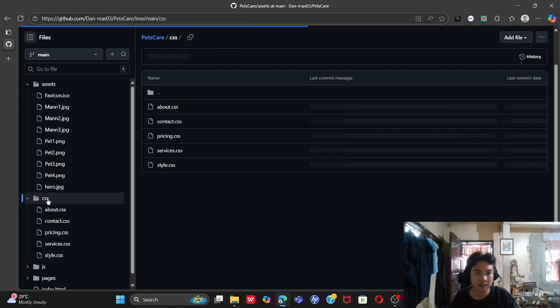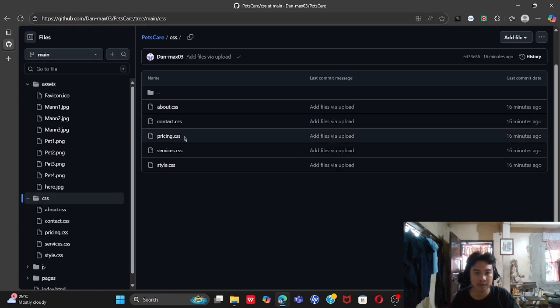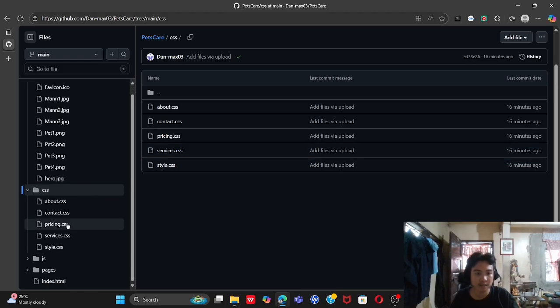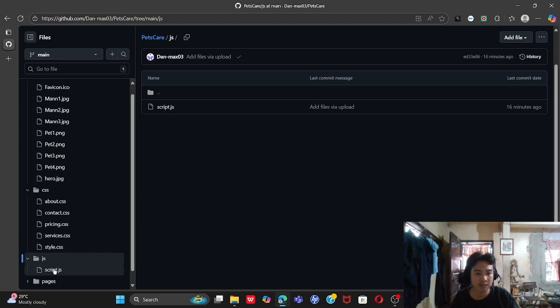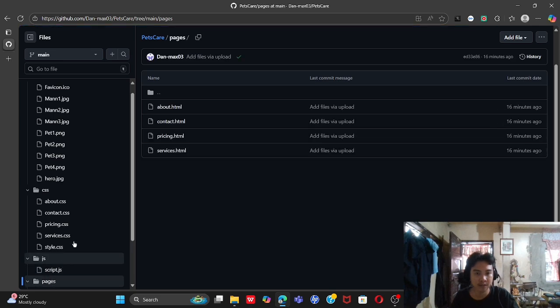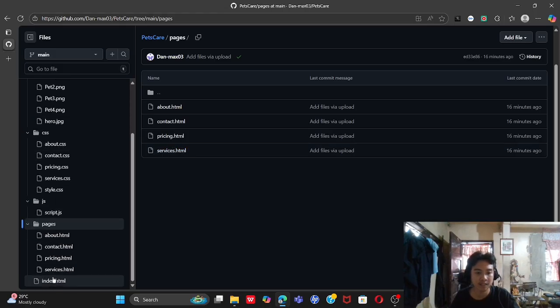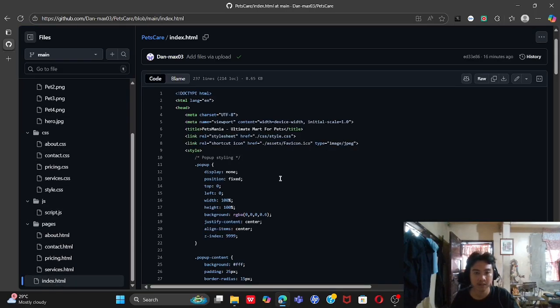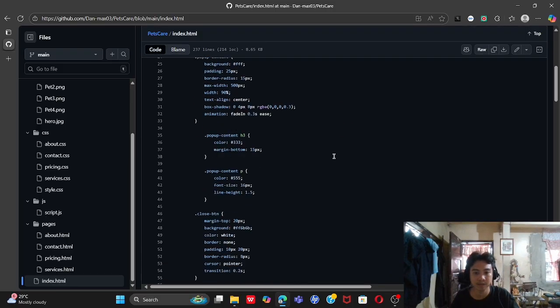In the CSS file are the design styles for about, contact, pricing, and services, and the JavaScript. The pages folder includes about, contact, pricing, and services. And lastly, HTML, this is our code.